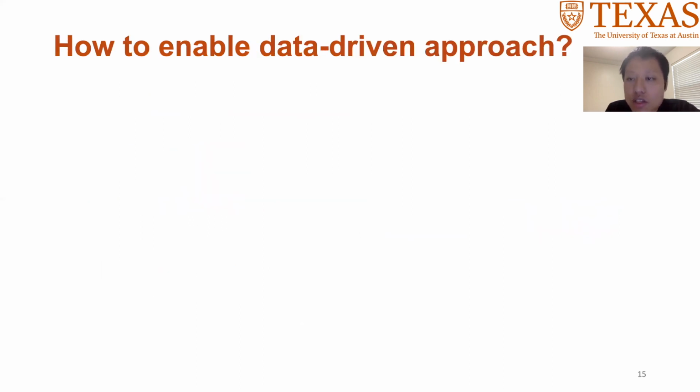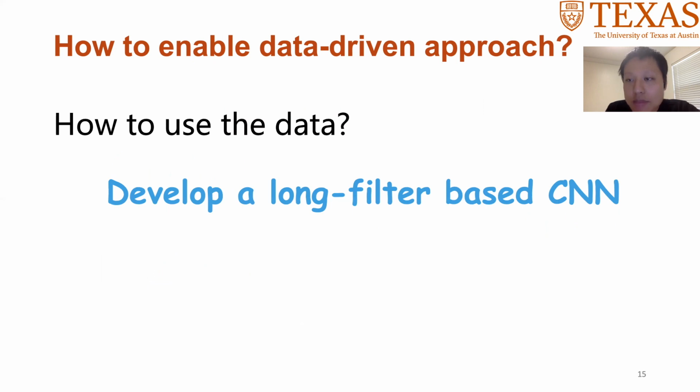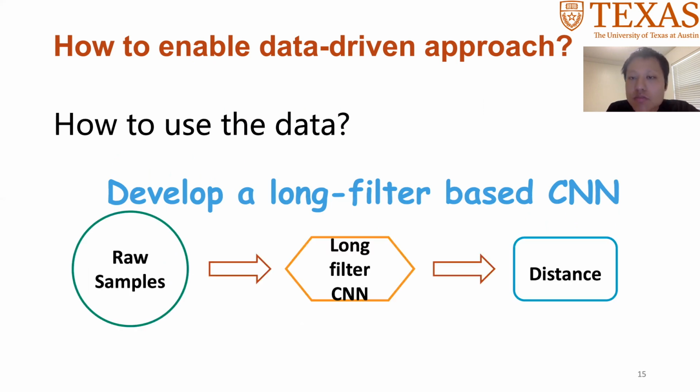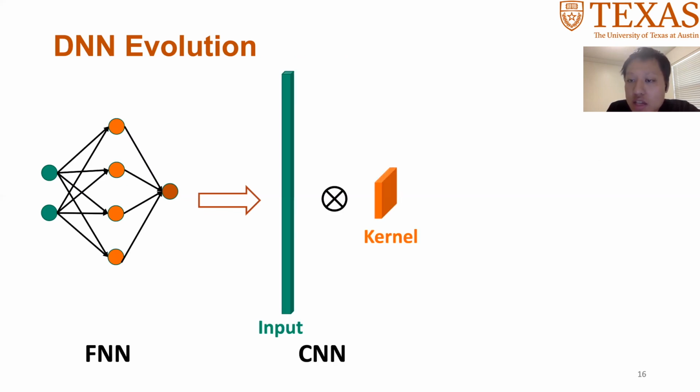We need to design an appropriate neural network structure to learn the hidden pattern from the simulation data. The chirp time series signal is long and does not have a clear local pattern. Finally, we develop a long filter-based CNN to capture the signal features. We start from a fully connected neural network, which has achieved a promising accuracy. We figure out that the first layer of the FNN has strong correlation to the FMCW signal. It motivates us to use a convolutional neural network, which uses diverse kernels to capture different local correlations.